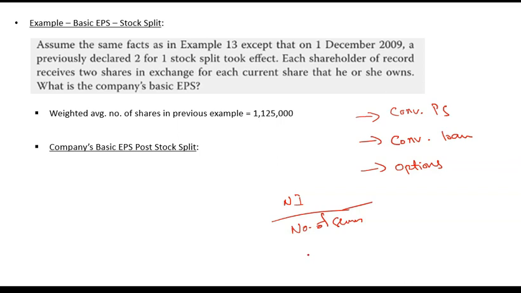So if your preferred stock gets converted into common shares, your number of shares will increase, and when the number of shares increases, generally your EPS will decrease. There can be both cases, it may decrease or it may increase, that we will discuss later. For now, just take the simple example that the number of shares will increase and overall EPS may decrease. So that means there is a chance of decrease in EPS, or dilution of EPS.